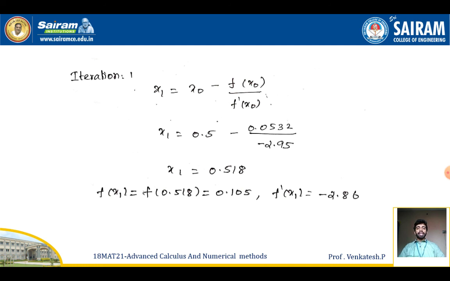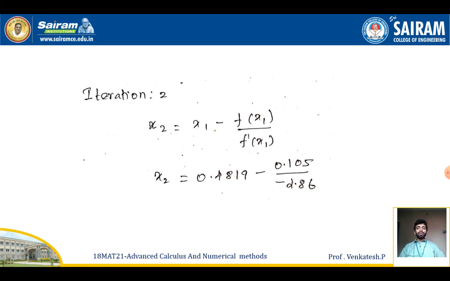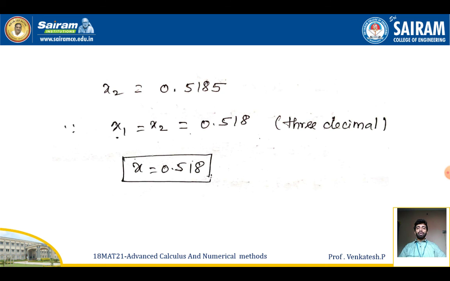0.518. So after finding x1, we have to estimate f of x1 and f dash of x1. So replacing the x1 value here, I got f of x1 is equal to 0.105, f dash of x1 is equal to minus 2.86. So now iteration number 2, replacing n is equal to 1 in the main formula, I'll get the equation like x2 is equal to x1 minus f of x1 divided by f dash of x1. So if I replace all x1, f of x1, f dash of x1 and simplify the equation, we'll get the value of x2 is equal to